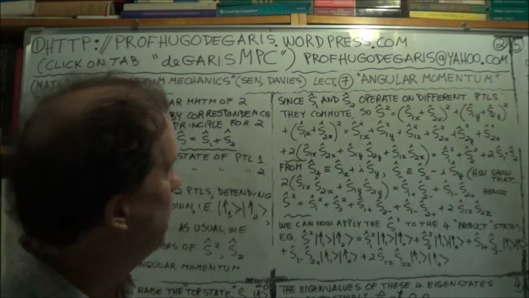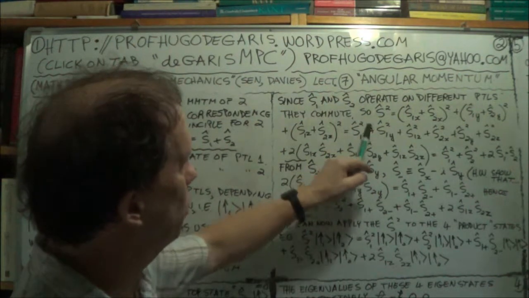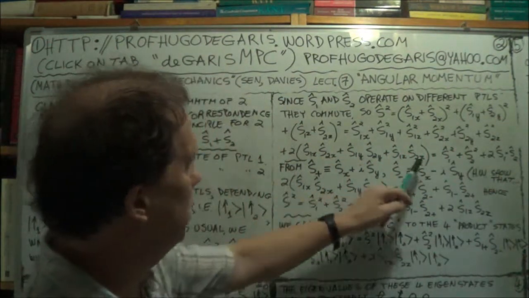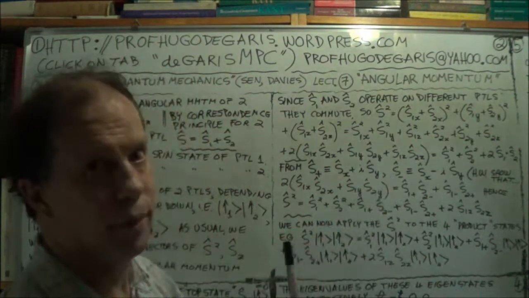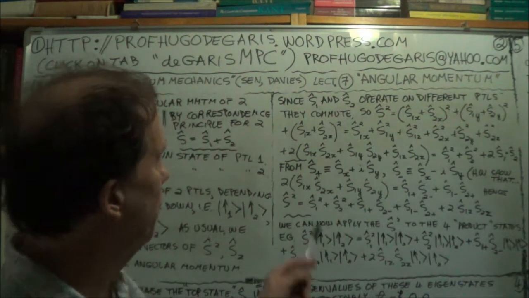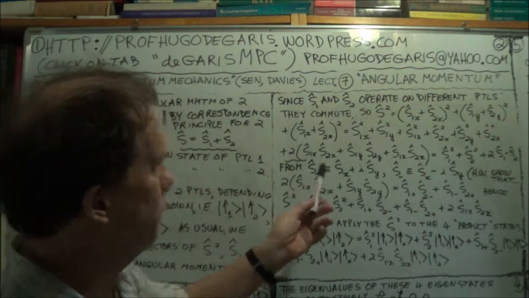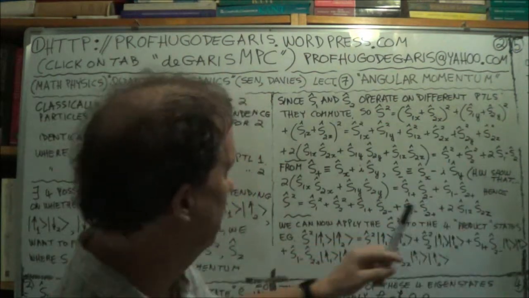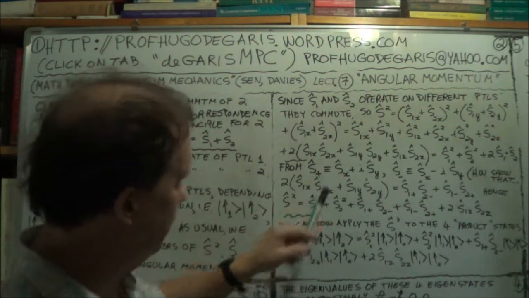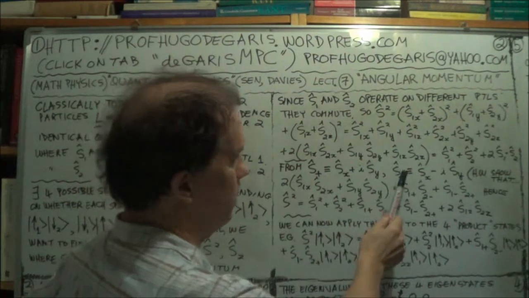Now, what can we do? We know how to work with these six terms, because each is a squared component of a single particle. So we know how to manipulate those. The problem is this cross term. There are some mathematical tricks, and I've asked you in homework. You may remember the step-up operator, S plus, which is defined as Sx plus i Sy hat. And the step-down operator for